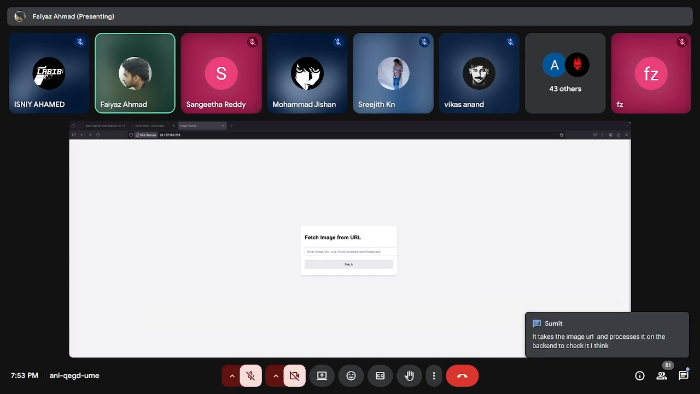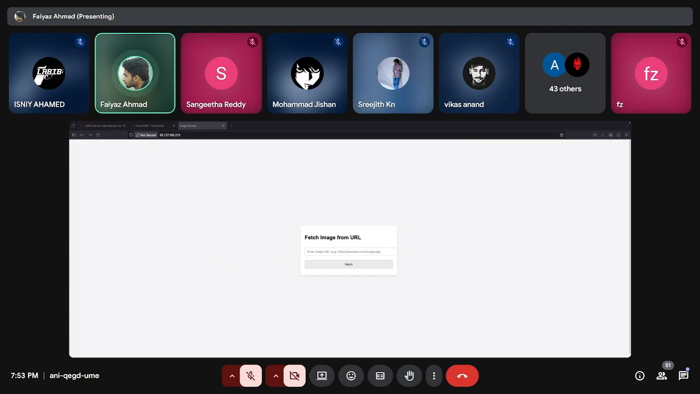Yeah, it takes an image URL and processes it on the backend to check it. You're right. Let me just show it to you guys, with an example. Let's go with this URL, and just to show you guys that I'm not doing anything fishy,